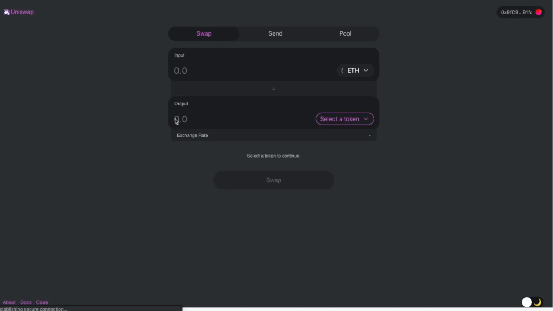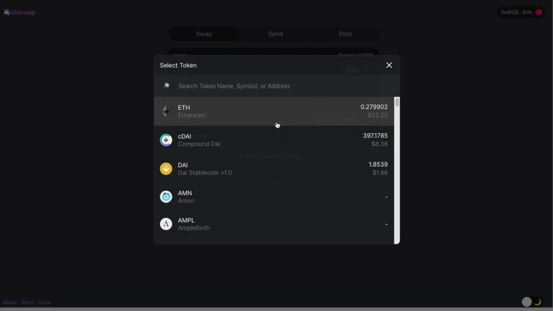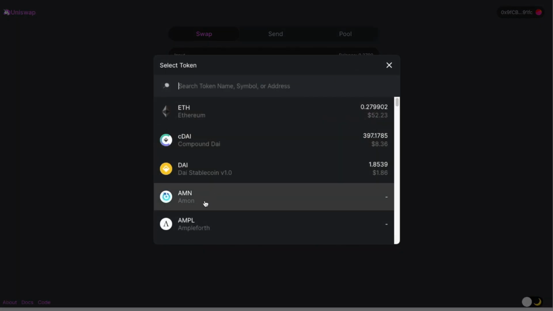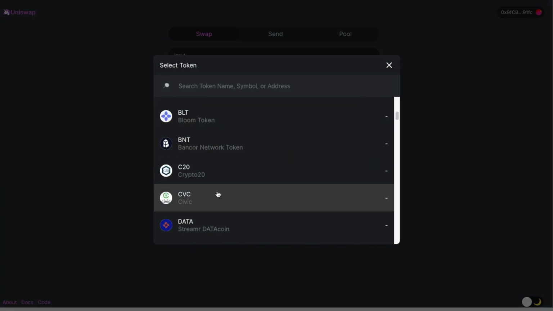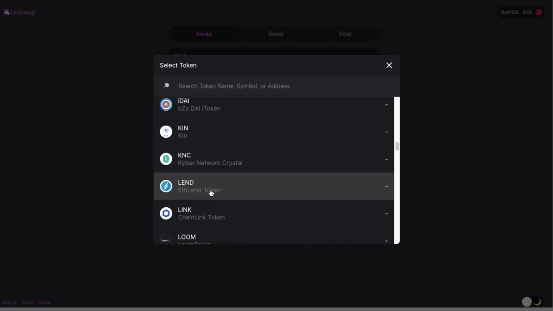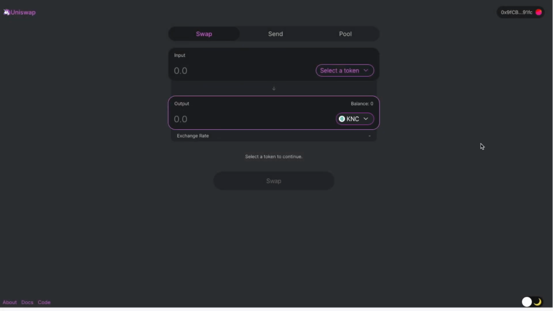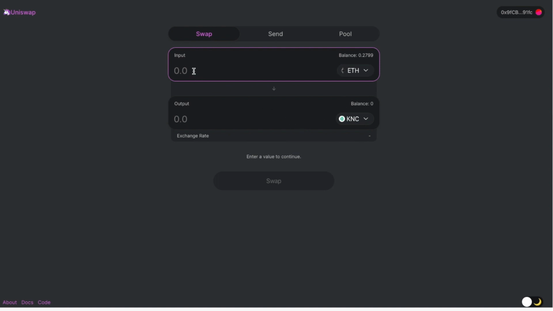Uniswap.exchange, where you can easily go in, and this is another dApp, and you could select any token. I have ETH. I want to convert it to AMPL or into, let's find a cool one. There we go. Kyber network tokens, right? So I have this thing. I want to convert it to that thing. And in an easily decentralized fashion without any middleman, I can do that. So I could do it here, and I interface with their smart contract, or my smart contract can do it. But the thing is, my smart contract could do a lot of things with this exchange, with other exchanges, all in one fell swoop.